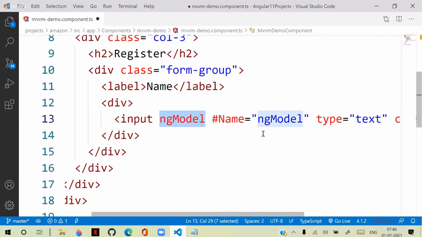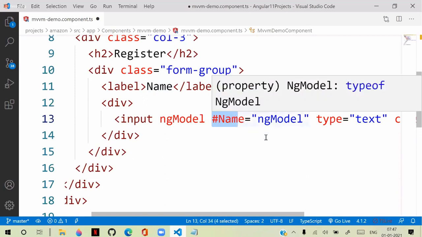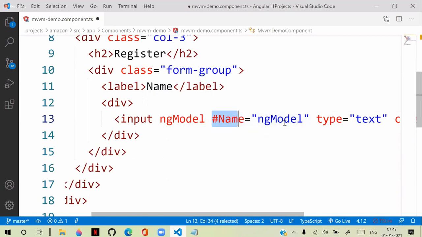After that, the model is a memory. In the memory, an ID is defined as name. So whatever value comes from the text box, it is stored inside this name. And we can access and use that.